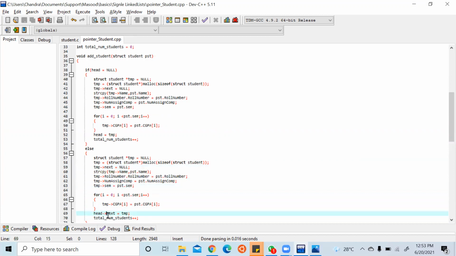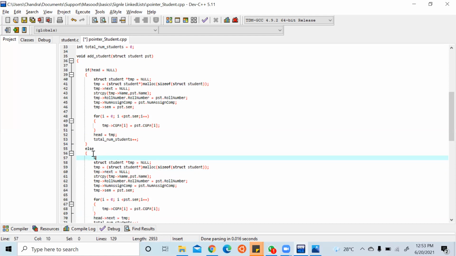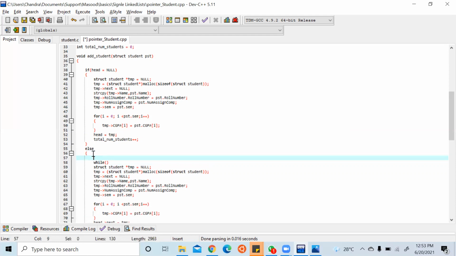So this is the second element. Head pointing to next is equal to TMP. Before this, I'll declare struct student star PTR is equal to null. I'll explain.